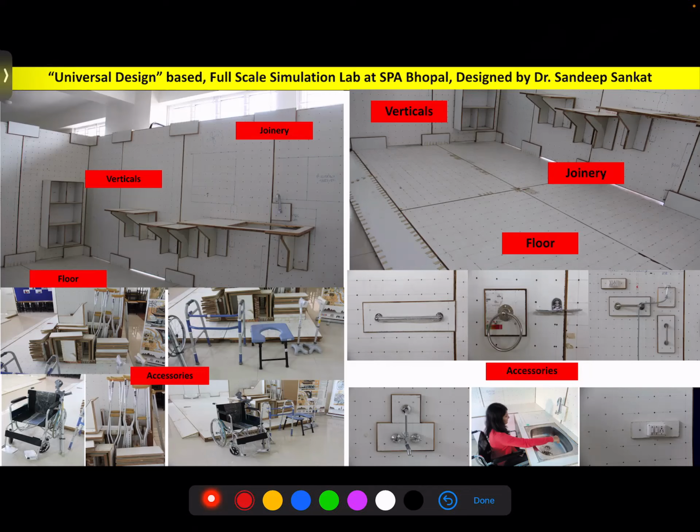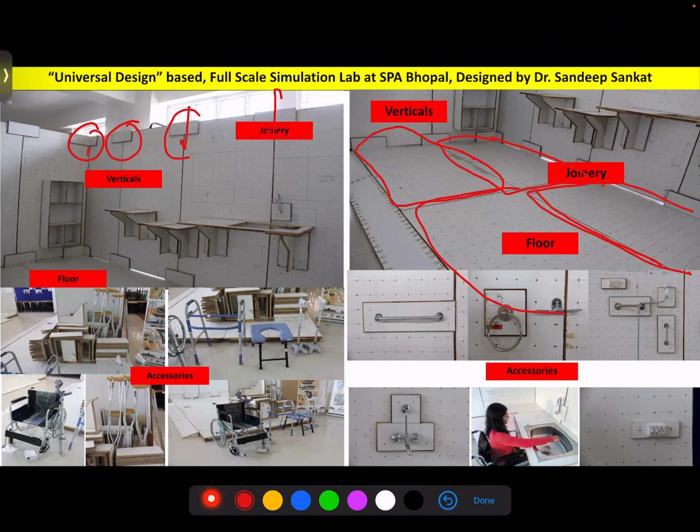Learning from all those, I designed a full-scale simulation lab with limited resources. These are the boards of 8 by 4 size, and 4 boards taken together on the floor make a space. These are the verticals and these are the joineries. These are just clamp kind of things which can be provided from the top for fixation, and it becomes